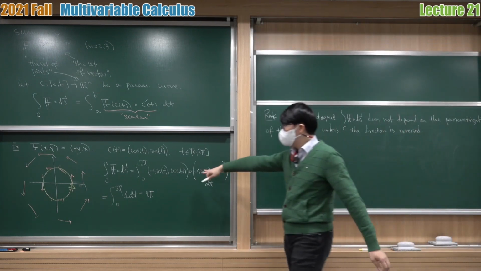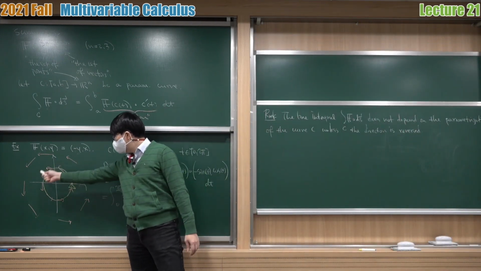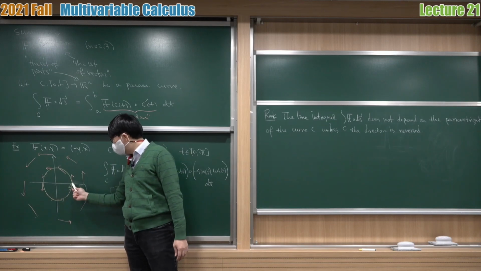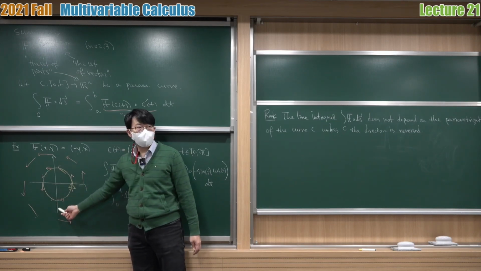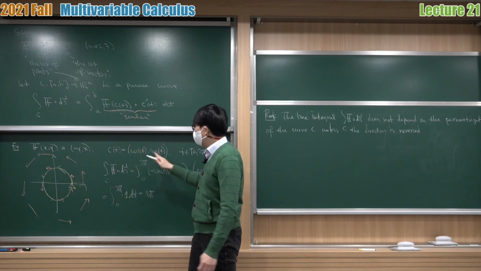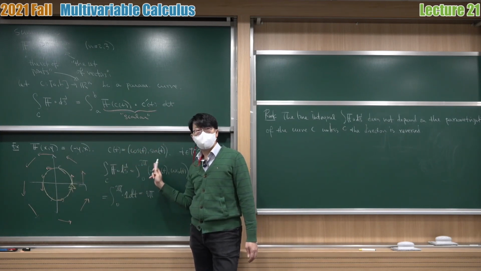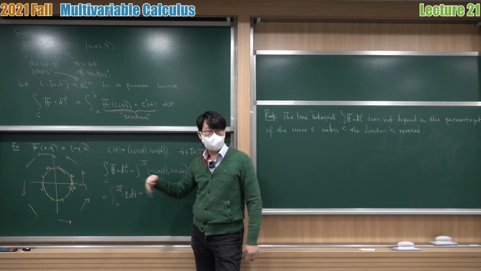For example, let's look at this example. I'm going to find a line integral over this curve, which winds the unit circle once. So I parameterize by cosine, sine, and that's the standard parameterization. I can reparameterize,